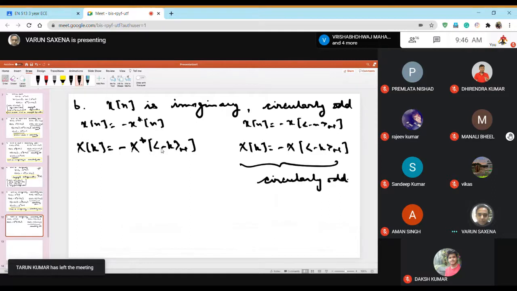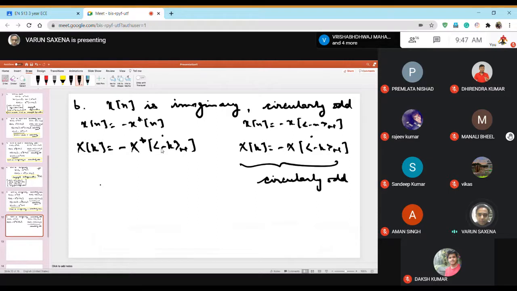DFT is circularly odd. Then if I compare this and I compare this, that's always the algorithm. You first write what is imaginary, you write it in the time domain. Circularly odd, you write it in the time domain. Using the properties, you write DFTs. This one you compare straight away, and then you compare these two. I've done exactly that in every derivation.